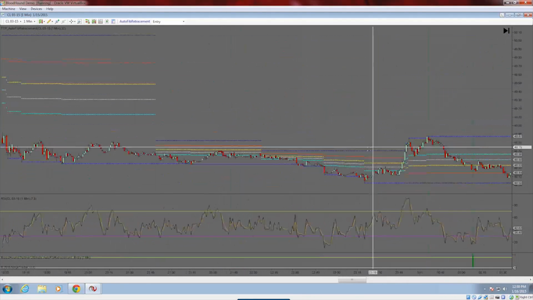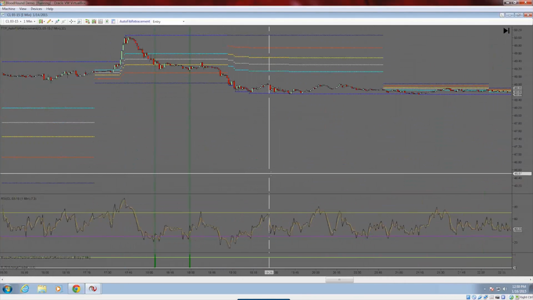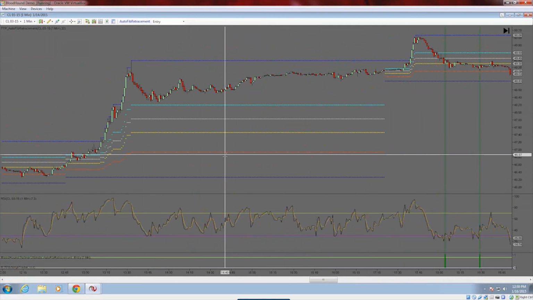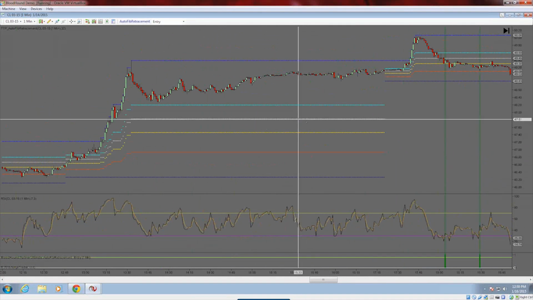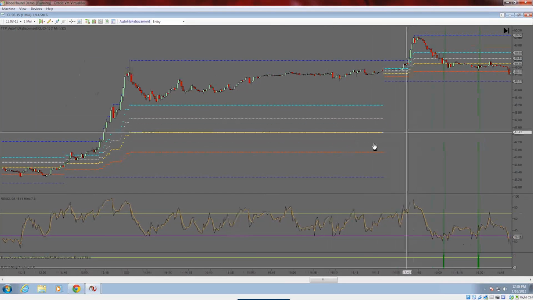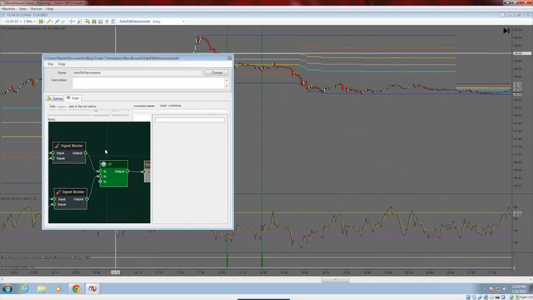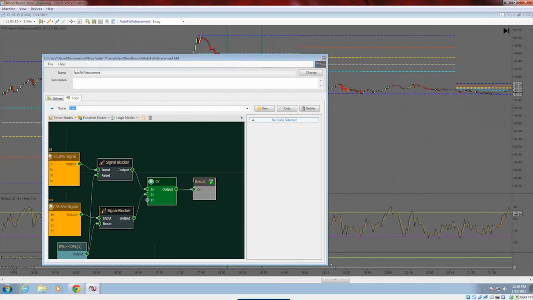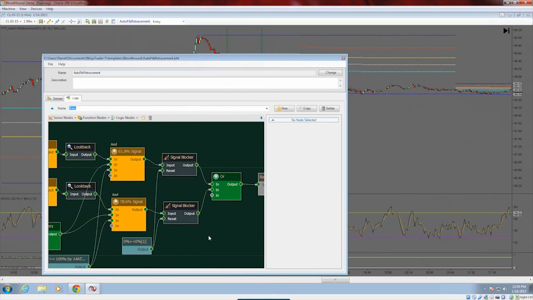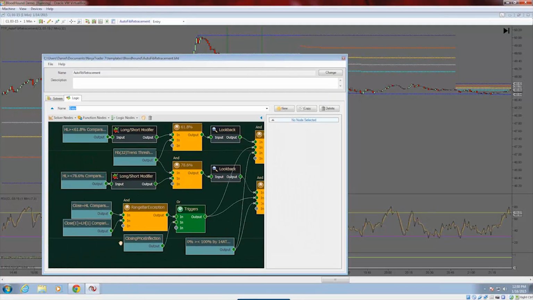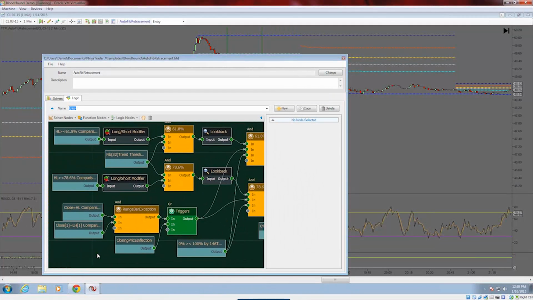But anyway, that's a good introduction, at least, into using automated fibs in BloodHound. So a nice little tool for you guys to experiment with. Hopefully you can come up with something good. This is really just the tip of the iceberg as far as the different conditions you could build with this. You could combine this with all sorts of different price action conditions or higher time frame stuff. You could, like I said in the beginning, add